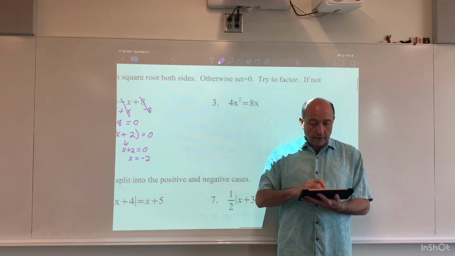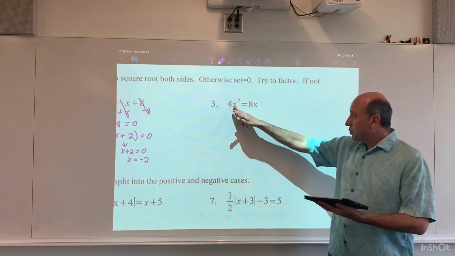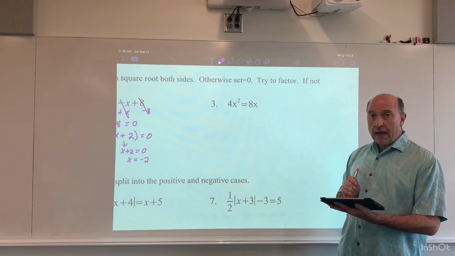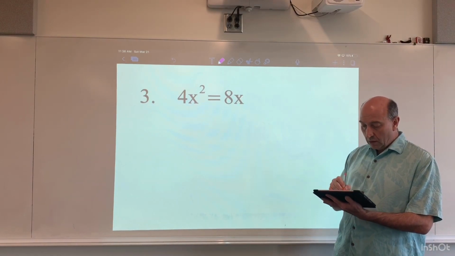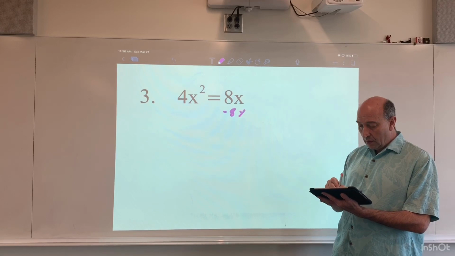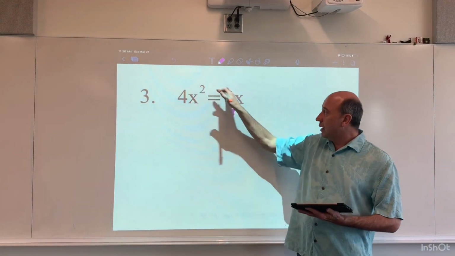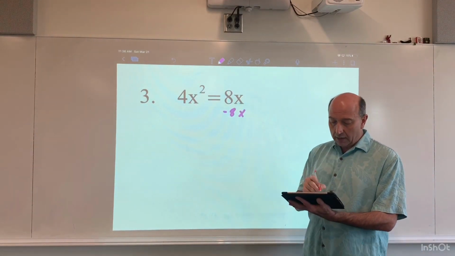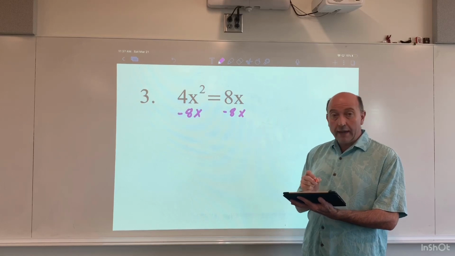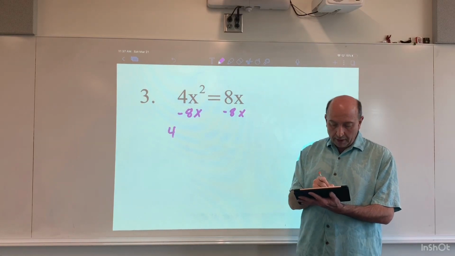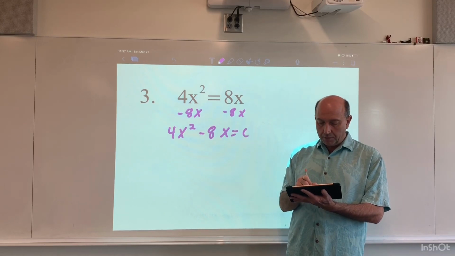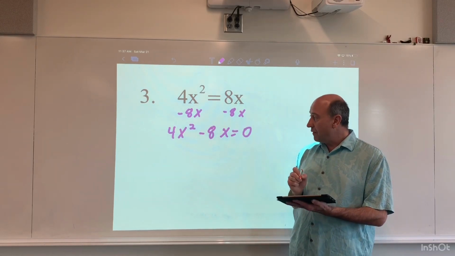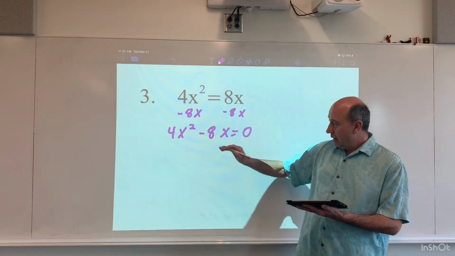Now the next one. Okay, there's an x squared and an x term. This is the kind where I want it equal to 0. Because square rooting both sides won't work. I'll get the square root of x and get stuck. So what I'll want to do is subtract 8x from both sides. So I get 4x squared minus 8x equals 0. Now I can try to solve by factoring. All right,